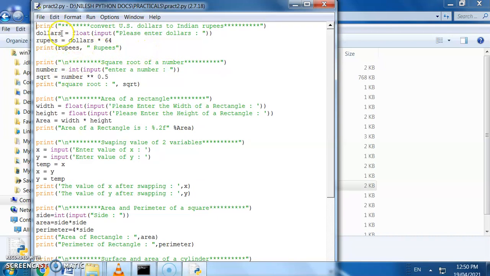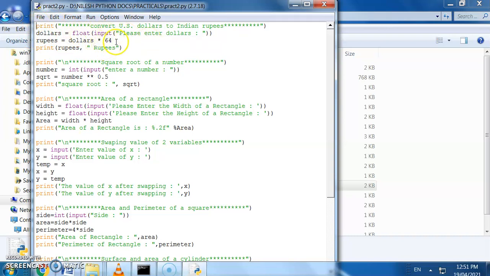See here, this program is to convert US dollars to Indian rupees. I have specified a variable, dollar, and I am collecting the input from the user.